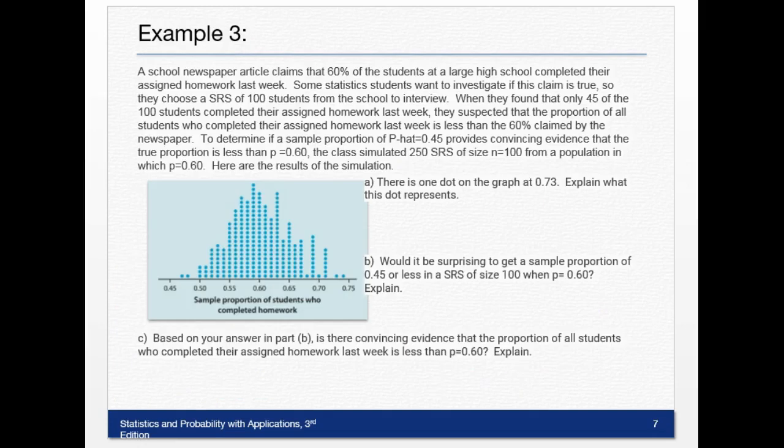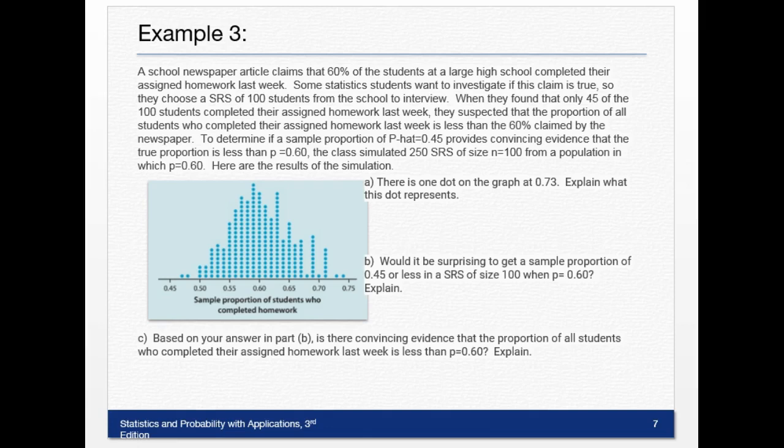Number 3. All right, lots of words, so listen carefully. A school newspaper article claims that 60% of students at a large high school completed their assigned homework last week. Some statistics students want to investigate if this is true, so they chose a simple random sample of 100 students from the school to interview. When they found that only 45 of the 100 students completed their homework last week,